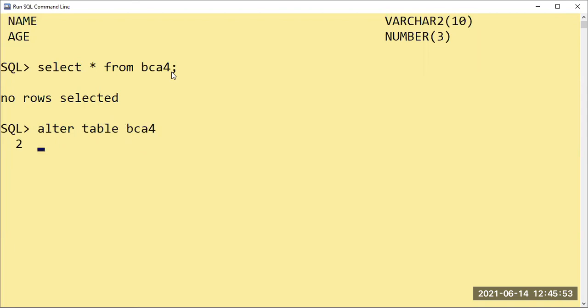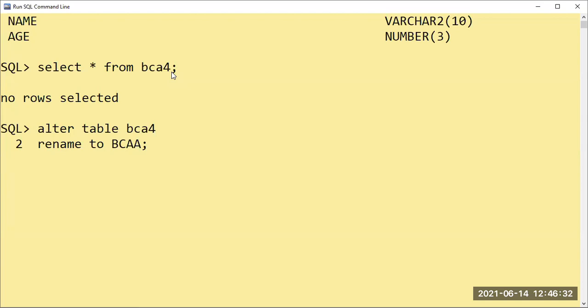BCA4, and I'll press enter for step by step reference here. So I'll say rename to. Okay, you are going to change the table name. Rename to what table name are you going to give? BCA, I will say BCA4. Is that okay, or let me give some other name? BCA division. Fine. BCAA. Okay. And over. So BCA4 is getting changed to BCAA division here.